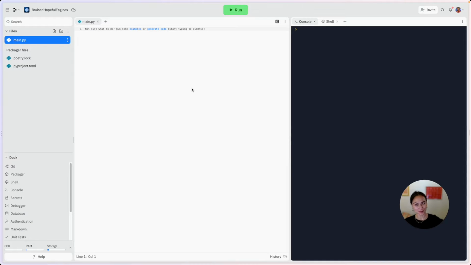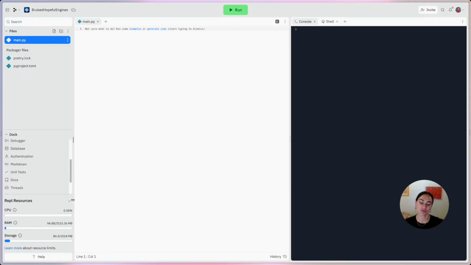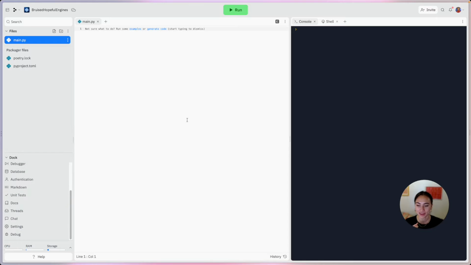Welcome to the workspace. This is where you'll be building your projects. Over here on the left, we have our file tree where we can manage our files and folders. Below that is our dock where all of our tools live. Below that is our Repl resources window where we can check in on the CPU, RAM, and storage of our Repl. Right here, we've got our text editor, and on the right is our console and our shell, or our